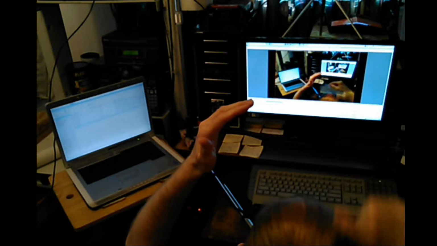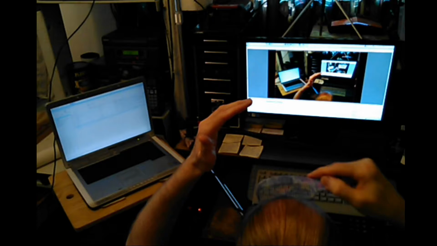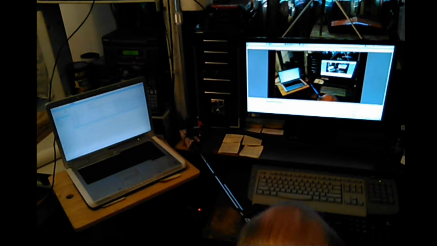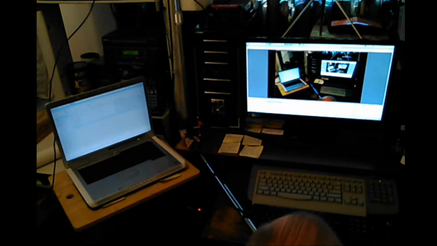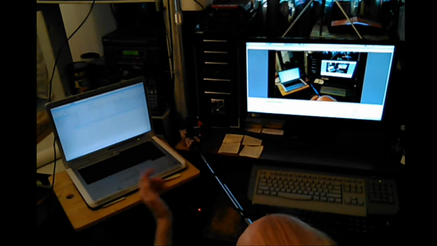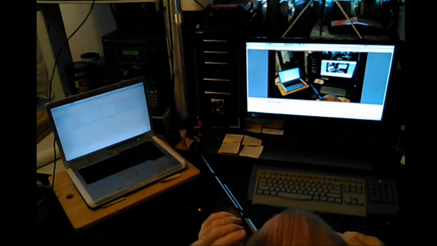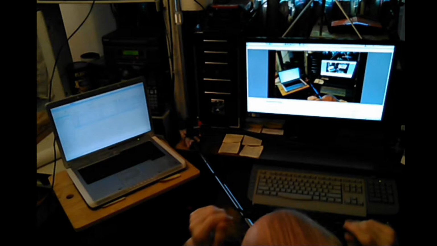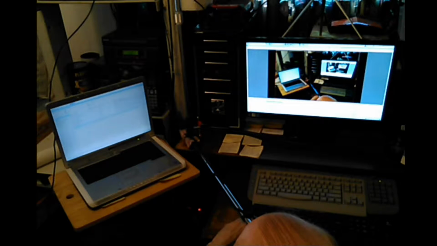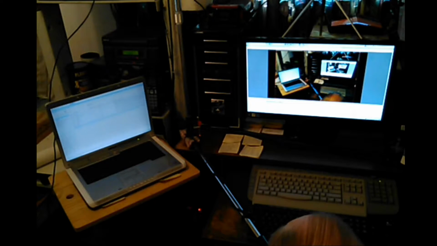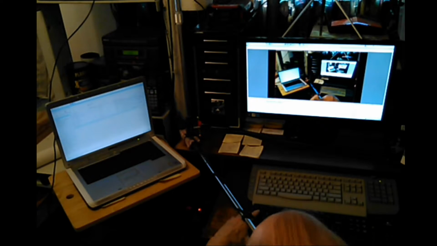Anyway, usually I make it so that my main screen shows up. My head, you can't see it, so I haven't been worried about it. I'm not trying to show what I'm doing on the screen because I can't, even if I zoomed in on it. But anyway, that laptop is a Dell 6000. It doesn't have a wide viewing angle anyway. You really have to tilt it just right to see it good. And it doesn't look as bright as I think it normally would be. Maybe it's because there's some backlight coming in my window. I've got the curtain open a little bit and the window cracked a little bit. So anyway,